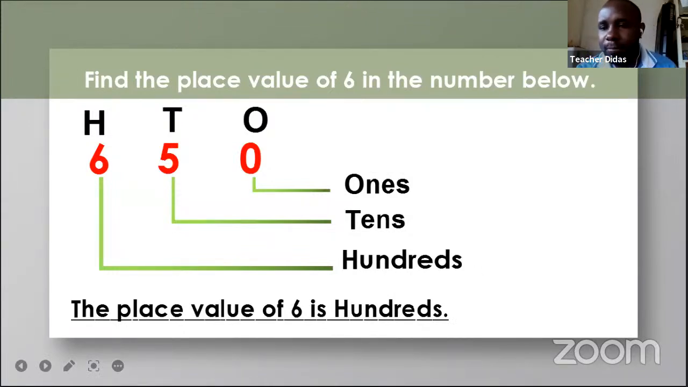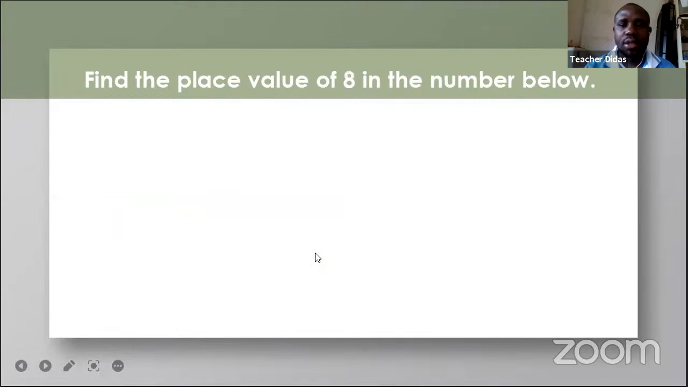Okay, let me see. I've picked Gabriela, I've picked Blessing. Let me give a chance to Isaiah. Isaiah. Yes, teacher. Okay, do you know how to share your screen? Yes. Let's read your question. Find the place value of 8 in the number below. You have to tell us and work it out using your screen. The number is